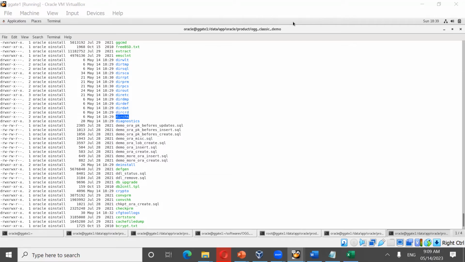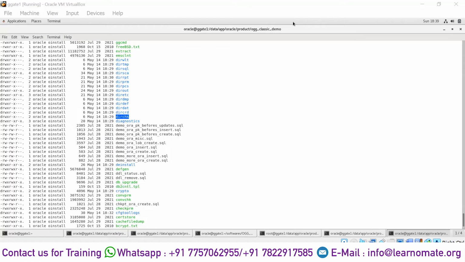Absolutely correct. So you have to ensure zero data loss in a Golden Gate environment. See, Golden Gate deals with data. Wherever Golden Gate is installed, data is related to it. That means data, and data is really very critical for any organization. So if a data leak happens, or if a data mismatch happens, or if data integrity is compromised, you understand how much